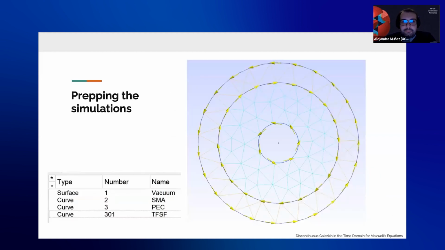So as an example of our problem that we want to simulate, total field scatter field on the following geometry that you can see that has been modeled in GMesh. And the modeling itself is fairly easy because the only thing we need to do is create the geometry, define where our boundaries are going to be through the physical tags, and then the only thing we need to do is run our solver after telling it some basic parameters like time steps or final times, the order that we want to simulate, etc.